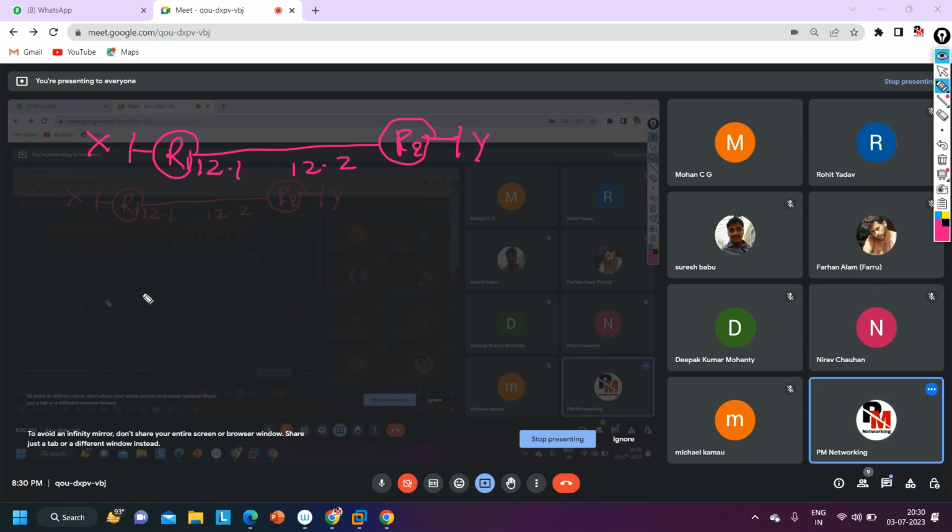Exactly. After that, guys, here I have designed one topology, R1 and R2. See, here when I run the command, I will first run router EIGRP 10. Let's say the AS number I am using over here is 10. After running this command, what exactly will happen on router number 1? Once I hit enter, what exactly will happen?